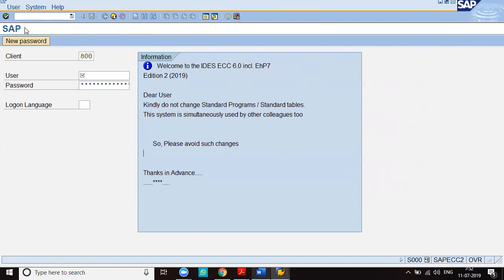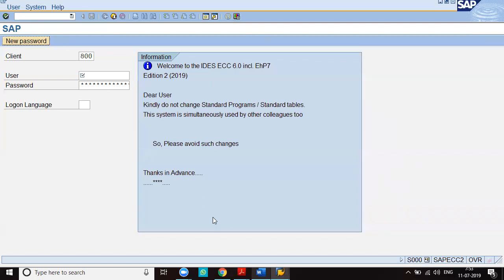SAP. Here, we have to remember one point. We should not pronounce it as "sap". Always we have to pronounce it as S-A-P. It is not professional to call it "sap". Please remember this point. It is very, very important.